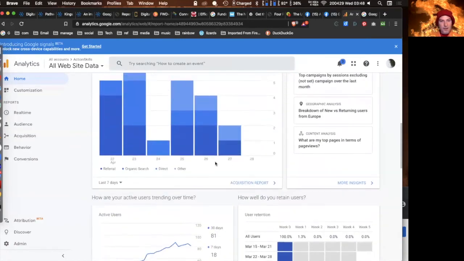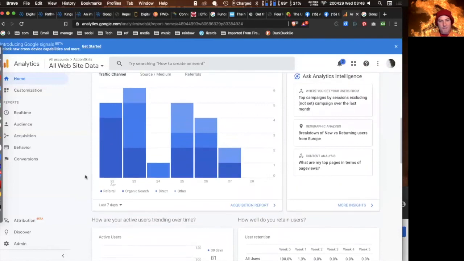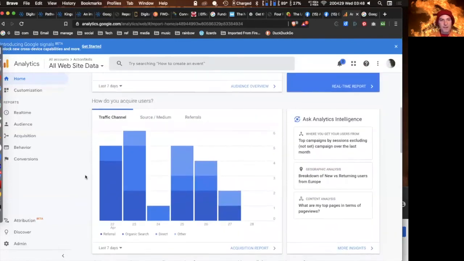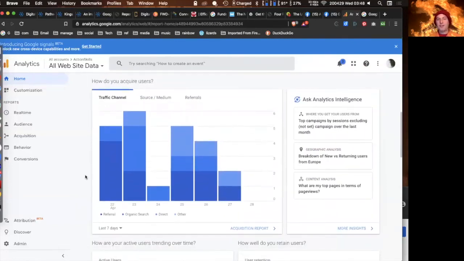Okay, so here we're going. This is where do we acquire users? Now this is really, really gold for any digital marketer, because where are we getting our traffic from? We want more traffic, so where's it coming from? So referral is different dates. So on these days, I'm getting most of my referrals,